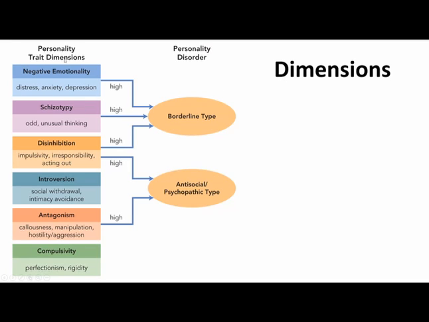So some people are going to be extremely high for the negative emotionality, but maybe only sort of high for the other two. And that's different from someone who's extremely high on disinhibition, but only high on the other two. So a little bit more personality and customization, which is especially important when you start looking at things like treatment, which comes up in the next chapter, where the more you know about an individual, the better you can treat their disorder.